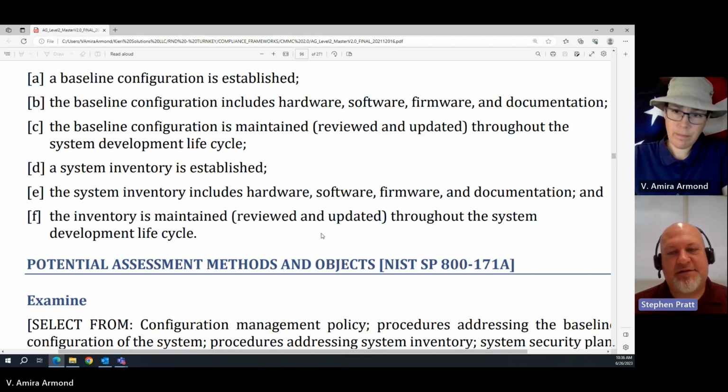So documentation, that is a loose term, but I look to that to mean any sort of policy or procedure that might apply to that. Any type of best practices, documents that come with the device, or about the device itself. We did not have to show that in our DIBCAC assessment,